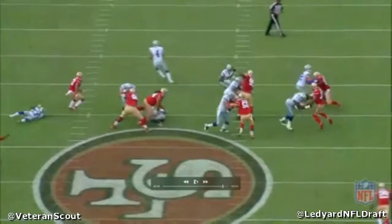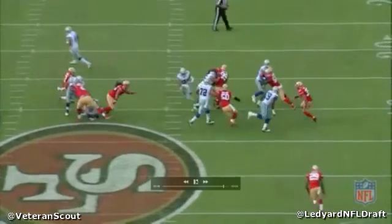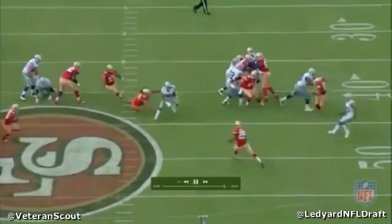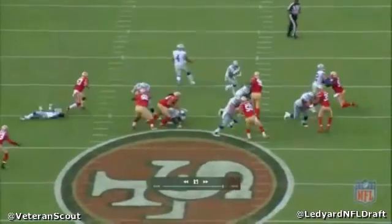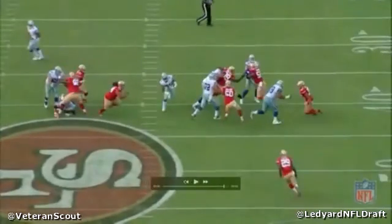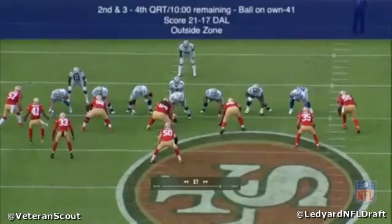He's way lower than him. That's something that you noted about him. Buckner, that is. But Buckner is playing his gap here, which is good. He's playing assignment-sound football, and he's trying to win his gap. But whenever you get that high and you try to use an arm-over move against the run, and this is what I coach my guys, you have to do it quick, and you have to make sure you've cleared his hands